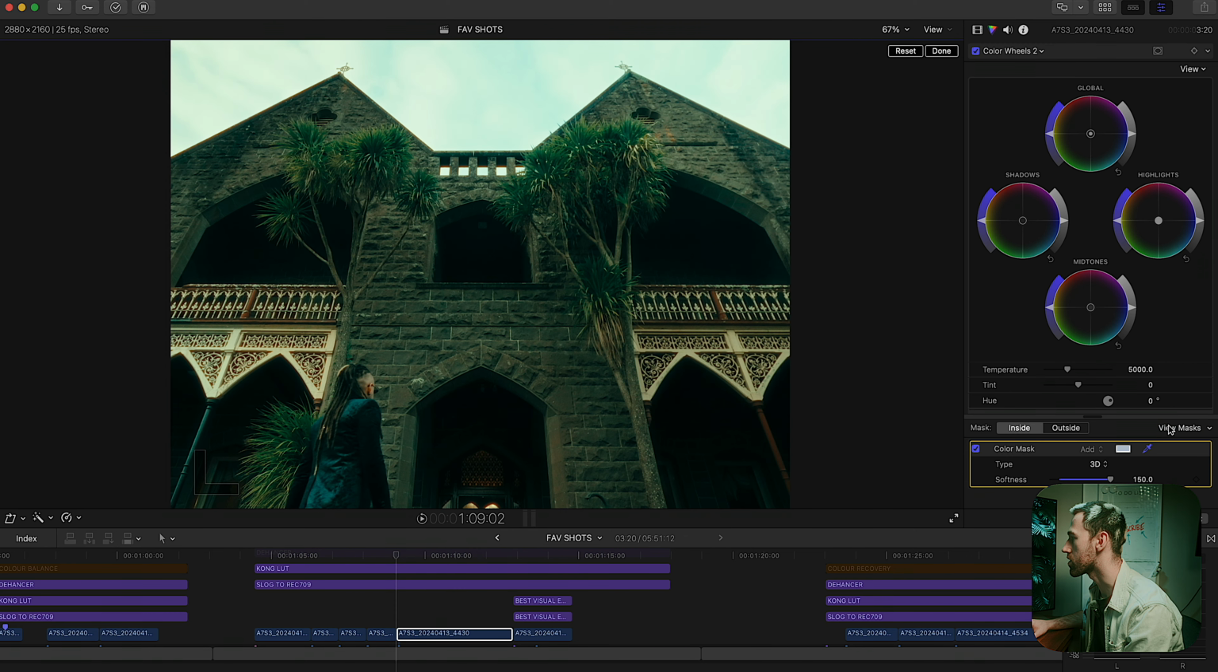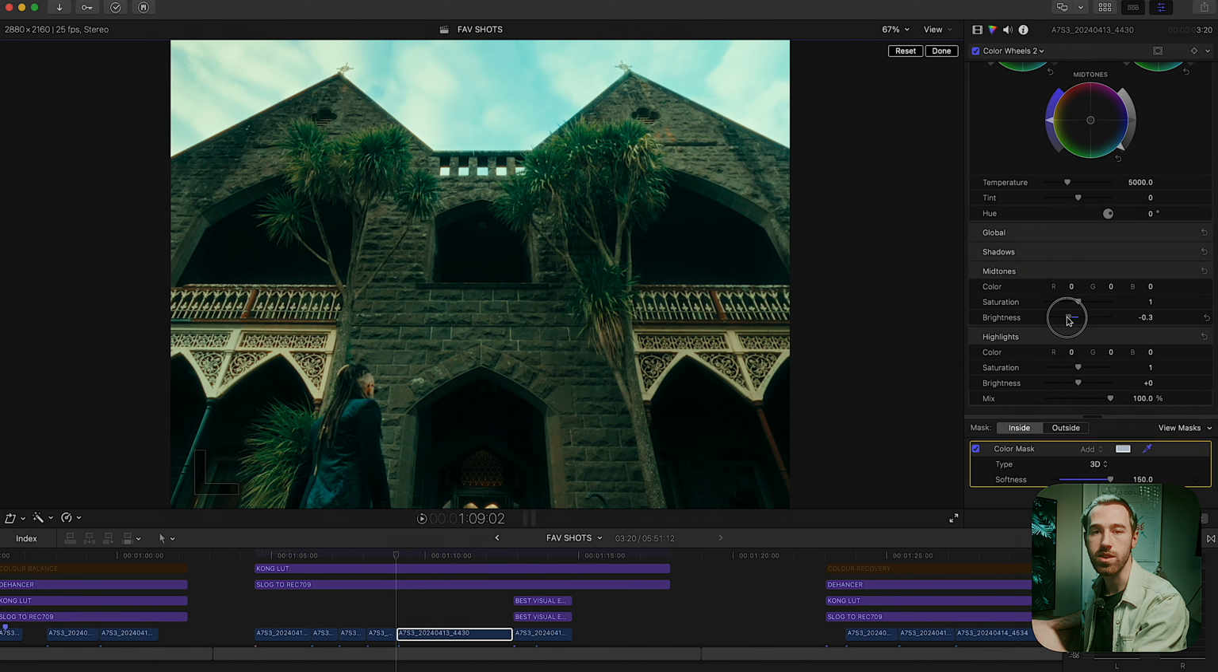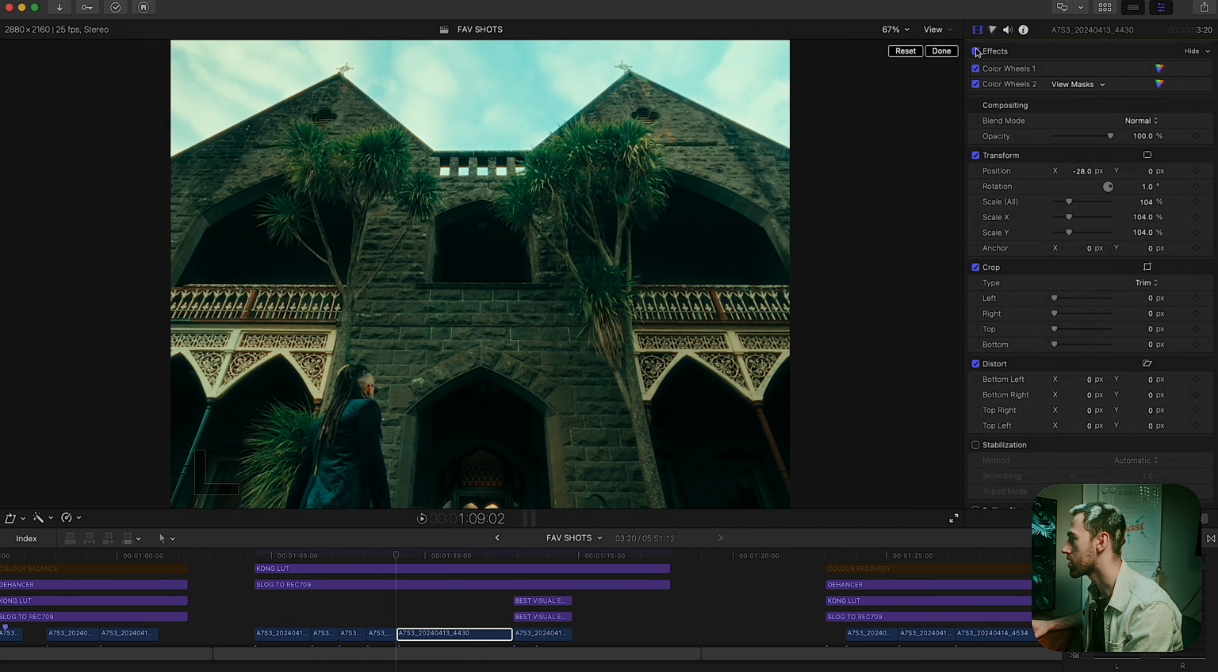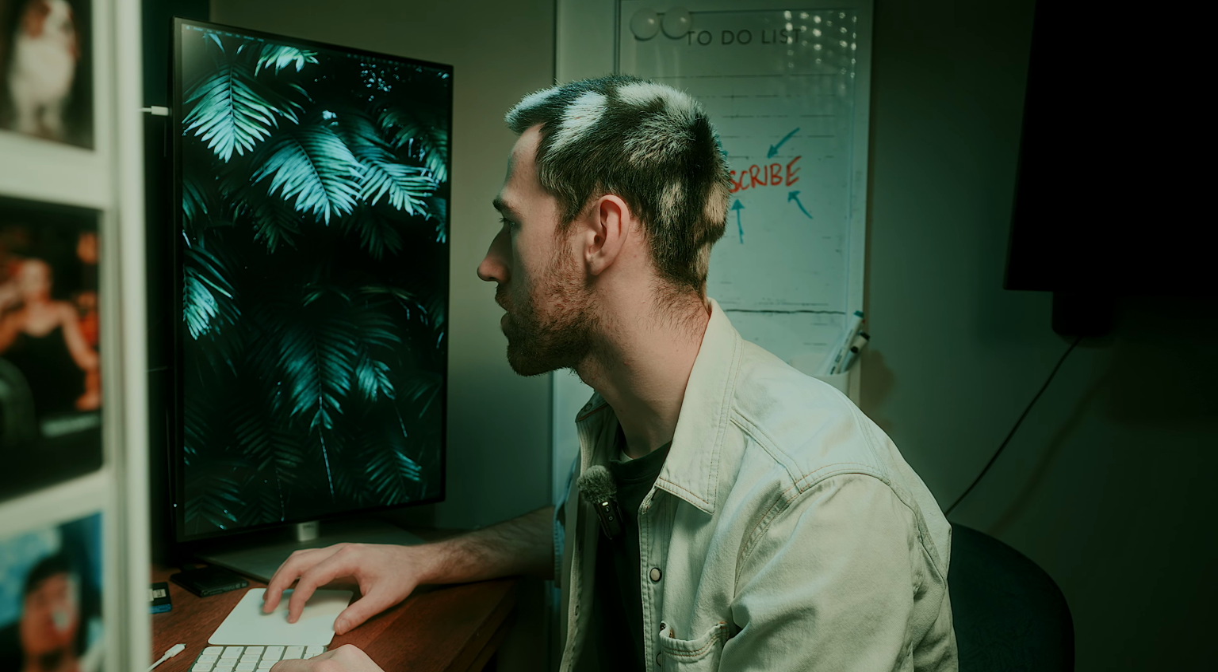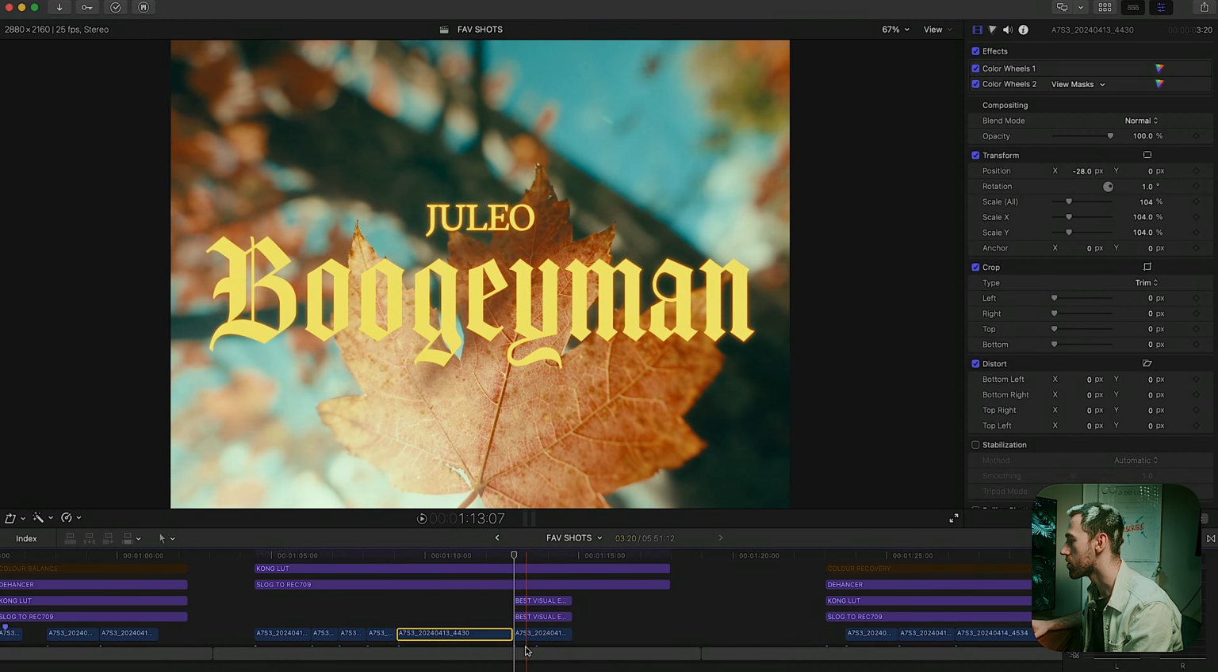You can see if I just click this view mask situation, you can see exactly what it's affecting. You can see it's anything within this color range, and it's being beautifully brought down without affecting the rest of the shot. Now we have this beautiful shot of the leaf falling, which we did use for one of the